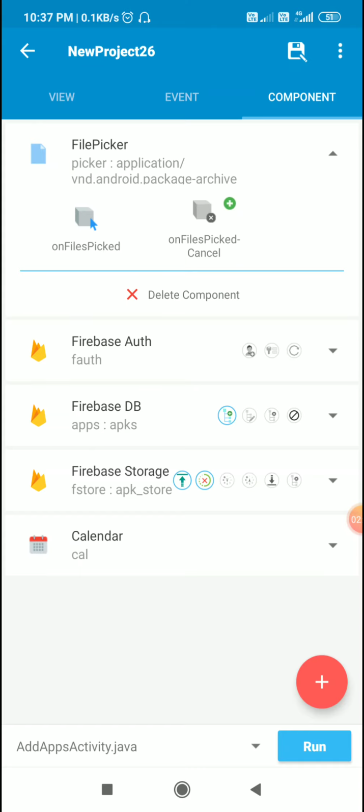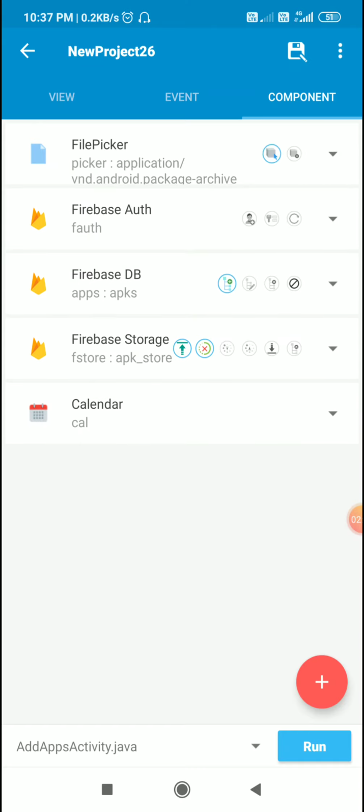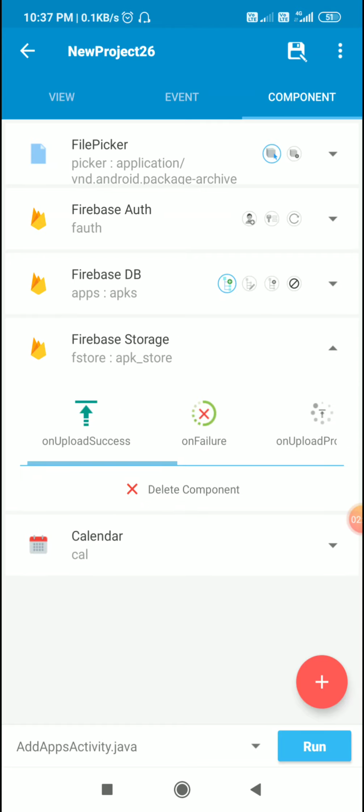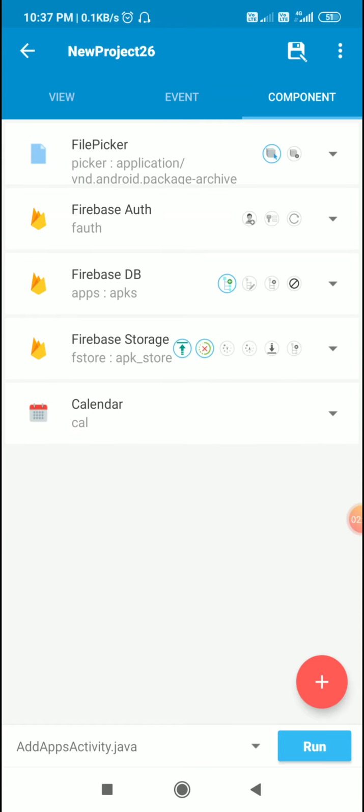Okay, this is the file picker. Then I have this Firebase auth component fauth, Firebase DB component apps with path apks, and Firebase storage component fstore with path apk store, and a calendar component cal.